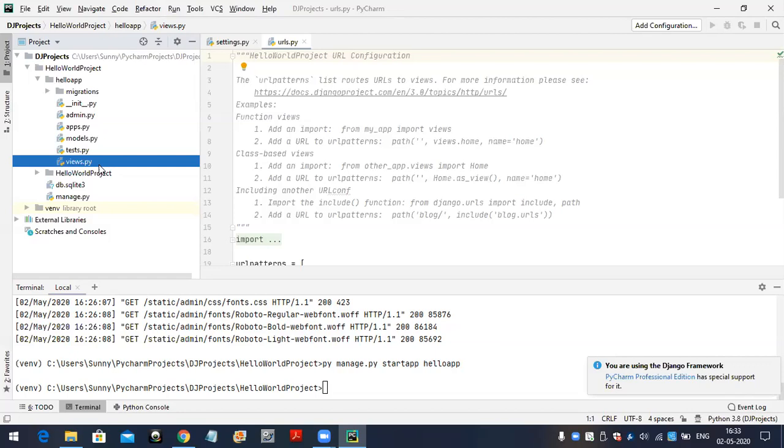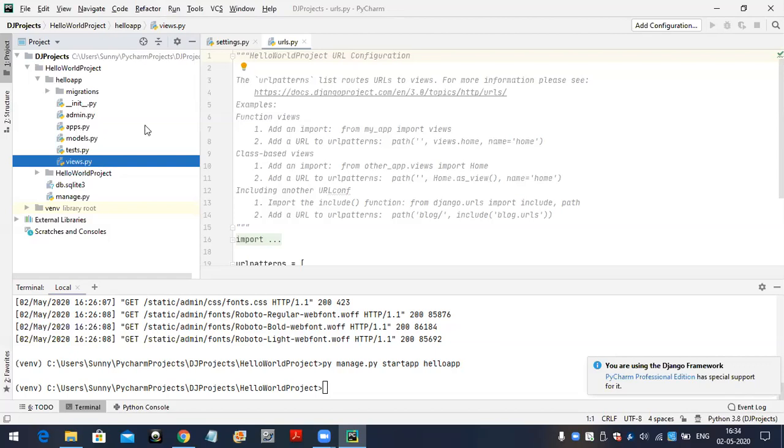So these are the different files we will get inside the application folder. Along with these files, if you want, you can create any number of extra files also. Here we have to create a urls.py file. And whenever we work with REST API concepts, we have to take a serializers.py file and a mixins.py file. Like that, we can take n number of files inside this application folder. Here, in total, how many things are there?